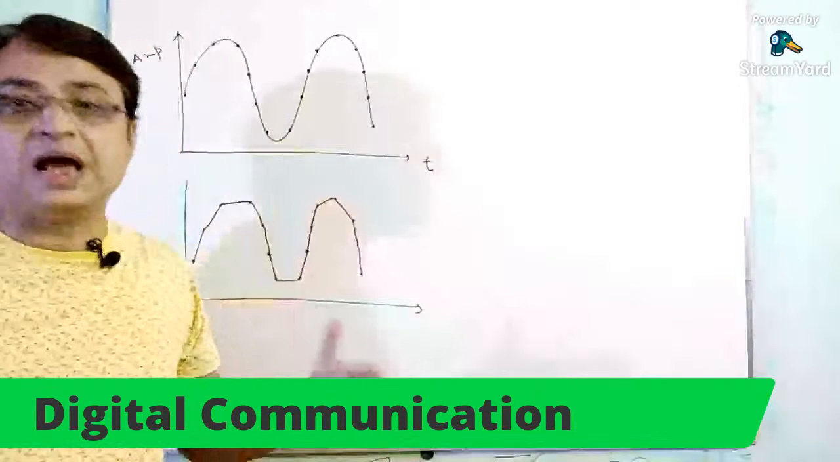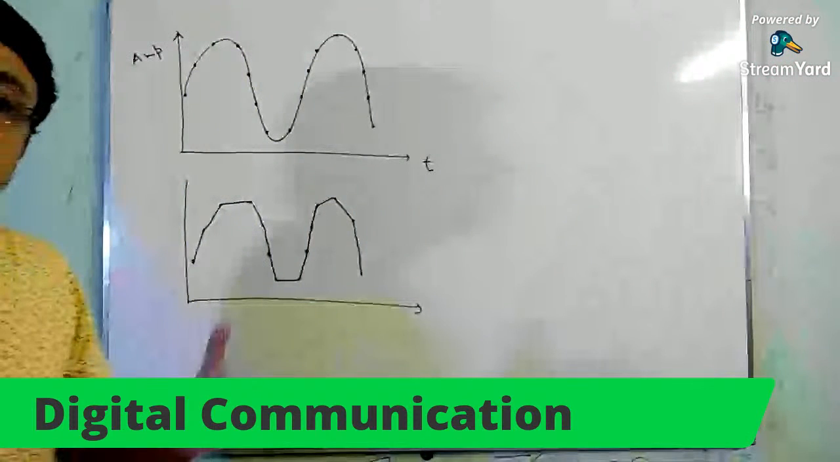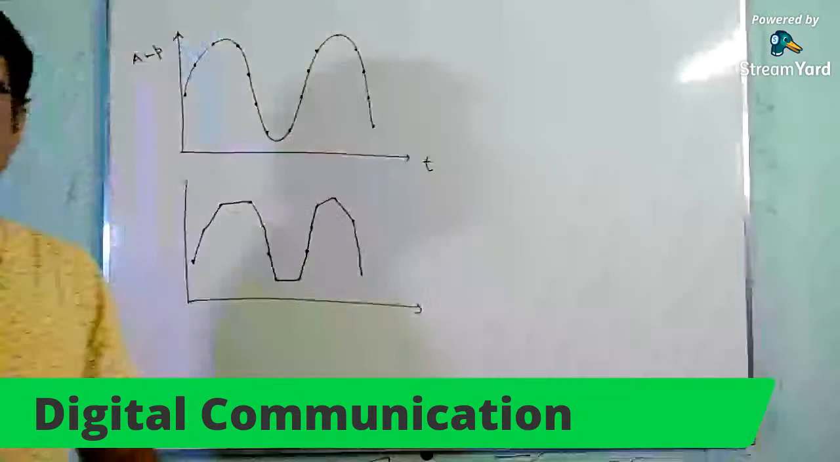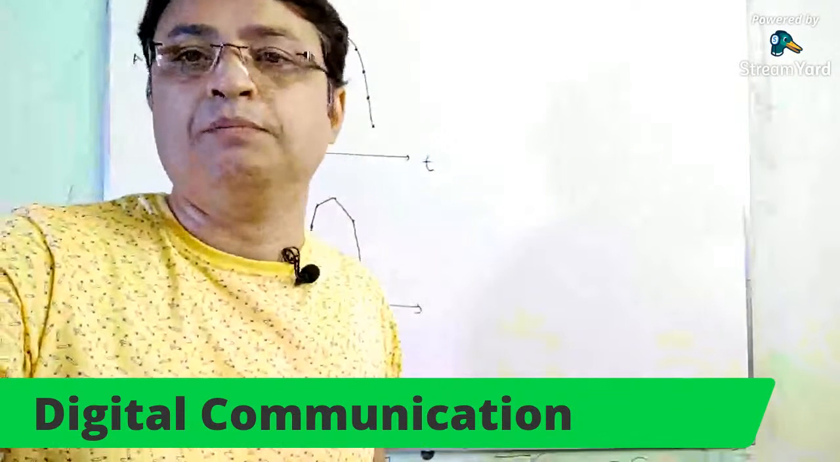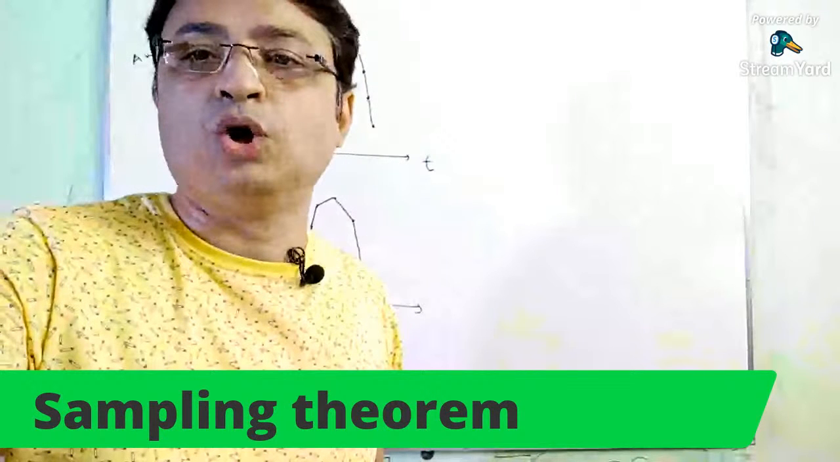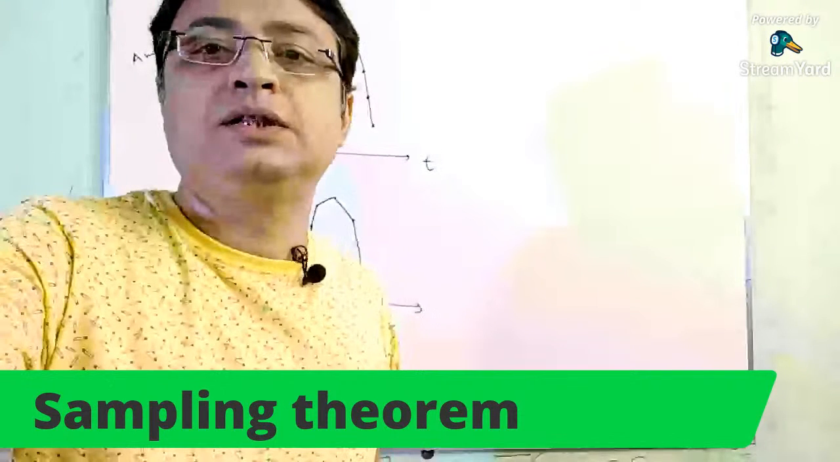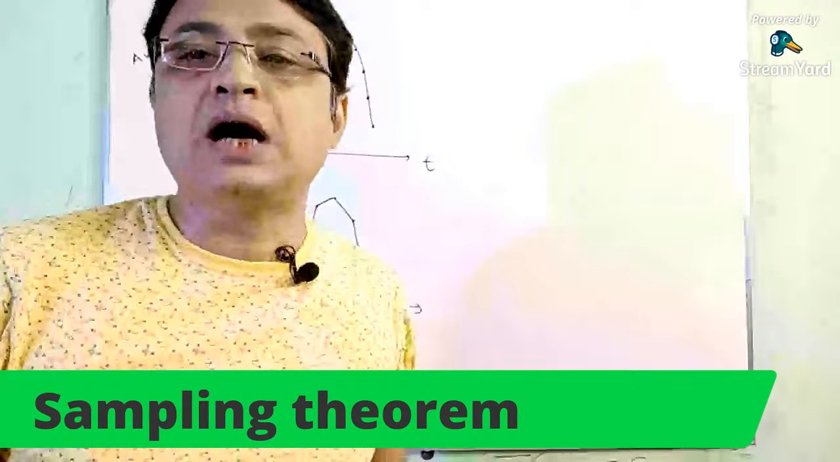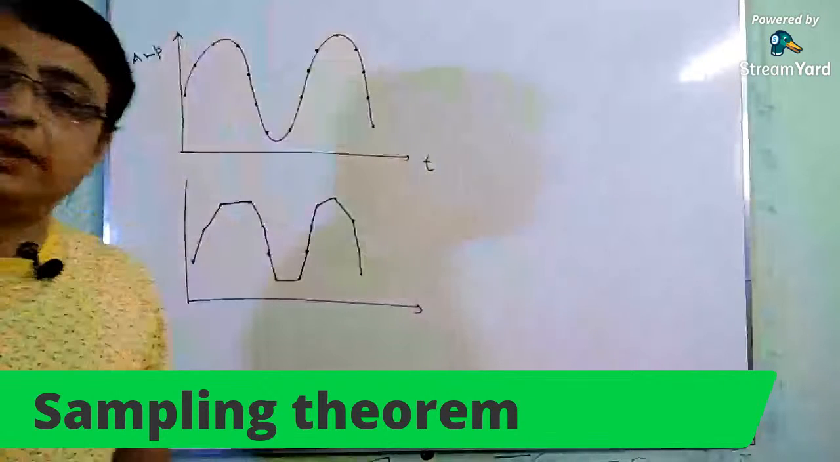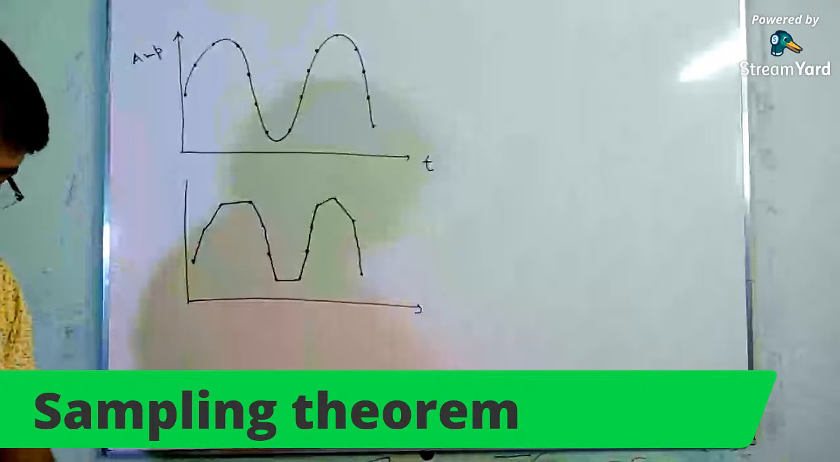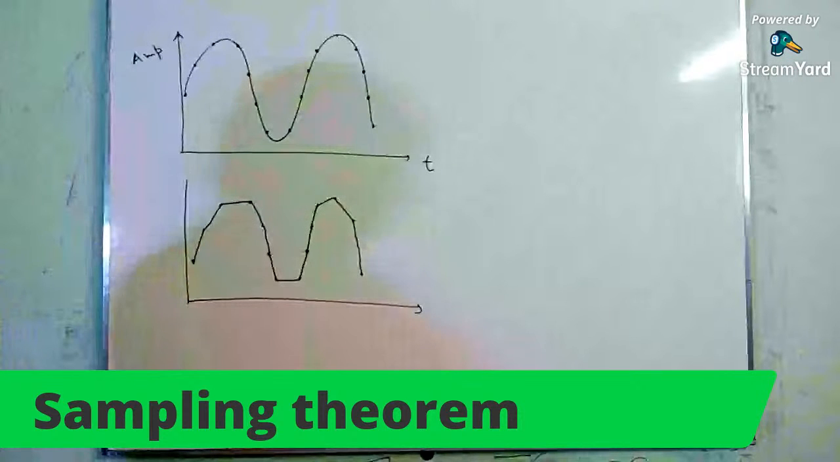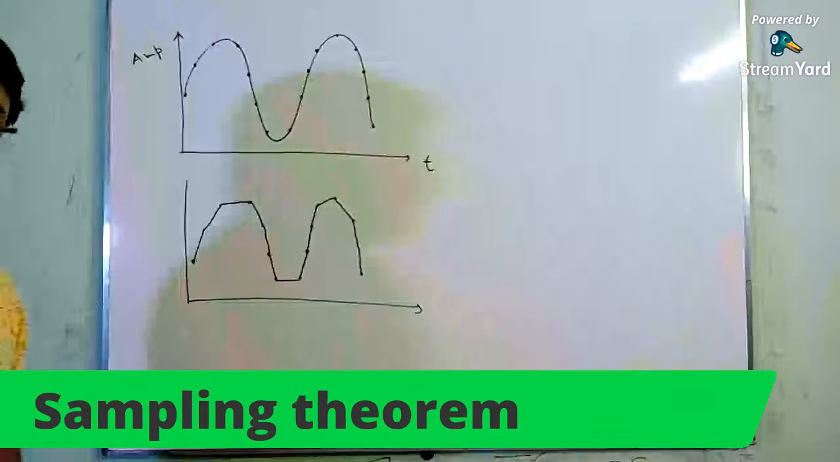Now, as I talk about the theorem, that is the sampling theorem, what is the statement of the sampling theorem? We must know it, otherwise we can't apply this theorem to get a digitized signal from the analog one. According to this theorem, what does it state? It states that a continuous signal can be reconstructed in full